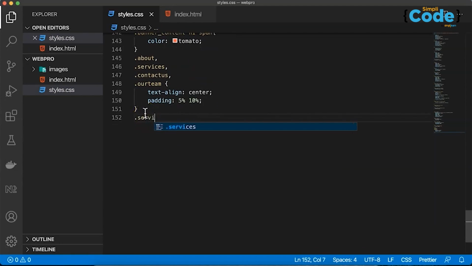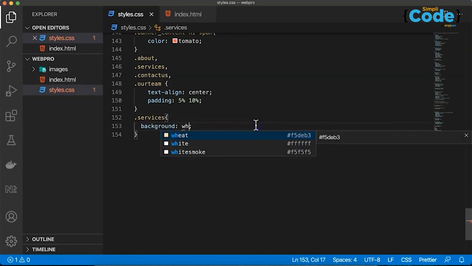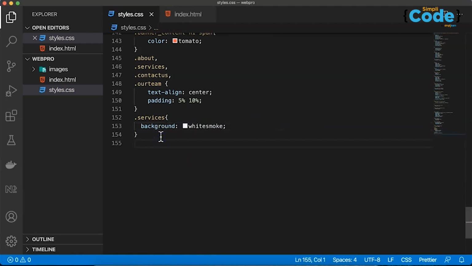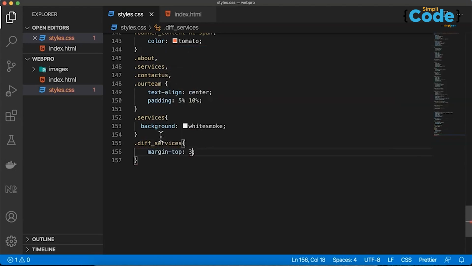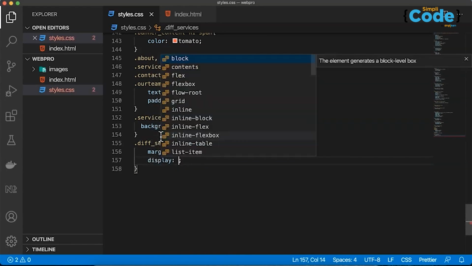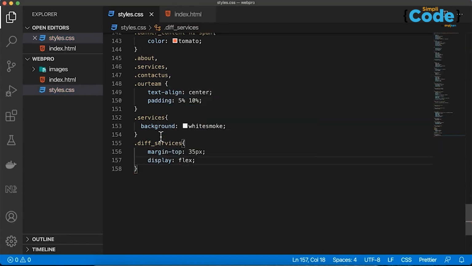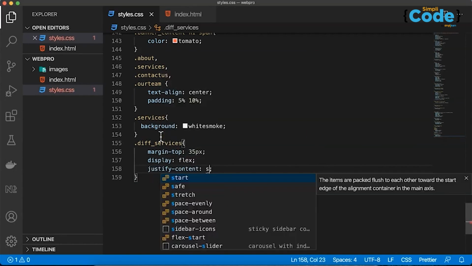Okay, now we talk about services. So we're saying dot services. With the services we can say background white smoke. Now we would like to provide the div services where we have these options with us. We say dot div_services. Here margin-top 35 pixels. After margin-top we are saying display we are selecting is type flex. Also justify-content of type space-between